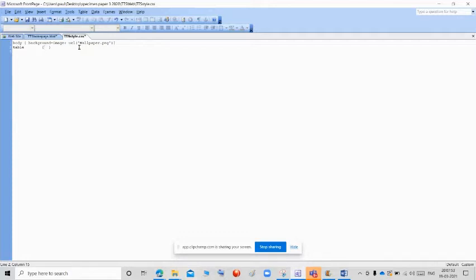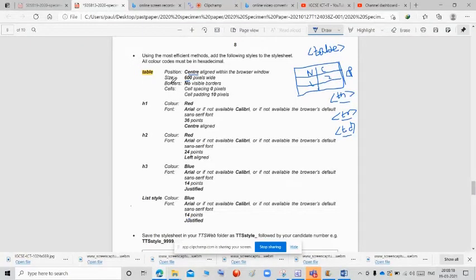For the position, as already mentioned, we want to give margin left colon auto, semicolon, margin right colon auto, then semicolon. Next they are asking in the question paper size 600 pixels wide.